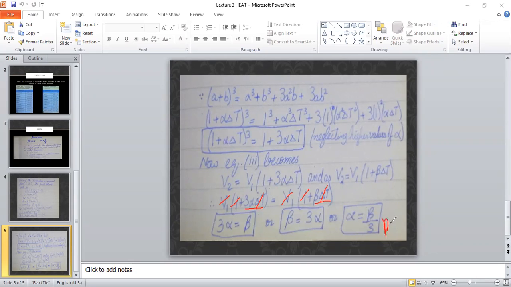Hence, proven. This was our today's lecture for physics. I hope you enjoyed it and have learned this derivation. This is an important one for your 9th level, for your intermediate, for your matriculation level, and as well as in subsequent classes of intermediate as well.